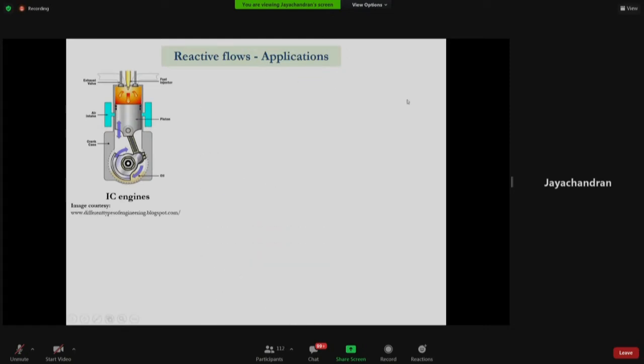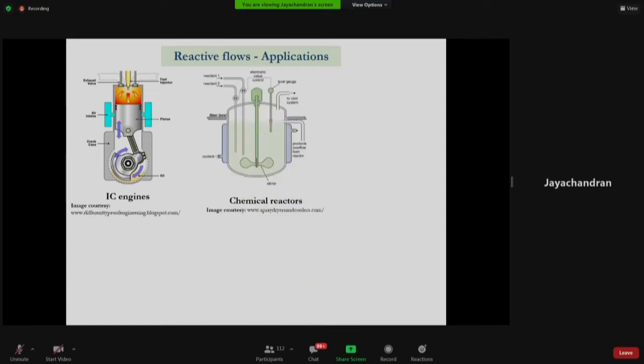Coming to the reactor applications, I will briefly go through some important examples of why we need chemically reacting flows to be studied. One is IC engines in the automobile industry, where fuel and air get mixed and undergo combustion. Then we have chemical reactors, which is a very general class with different types of reactors.